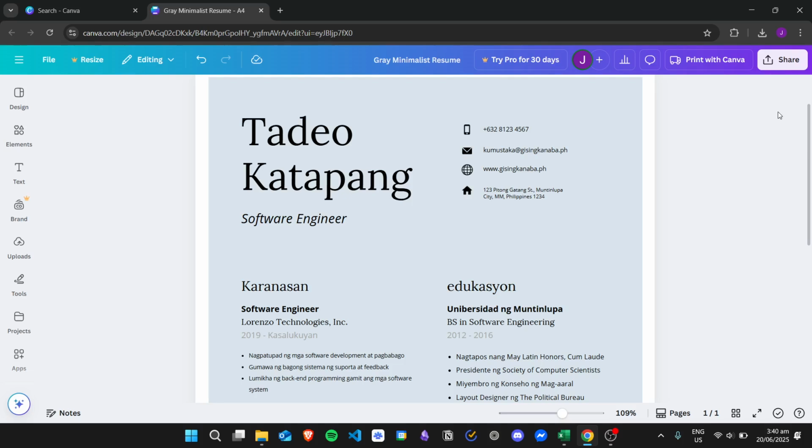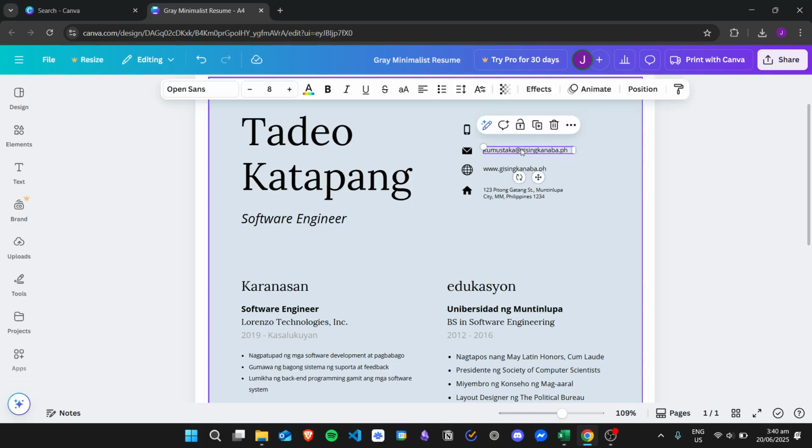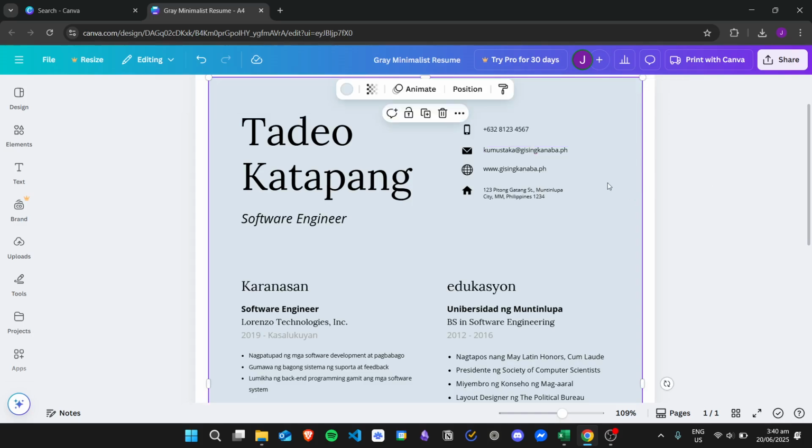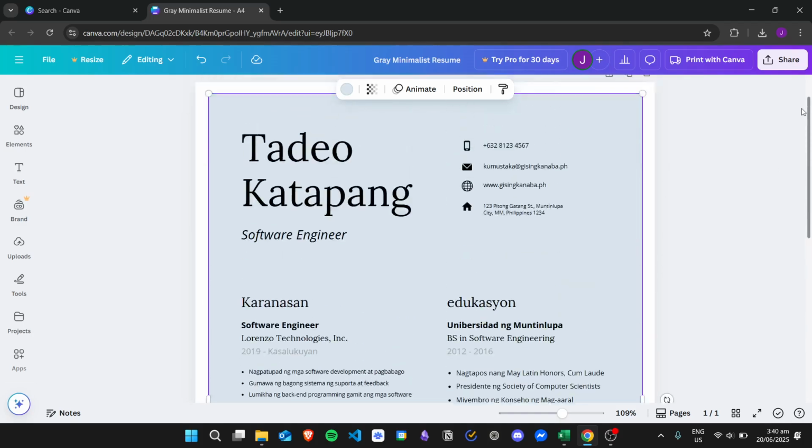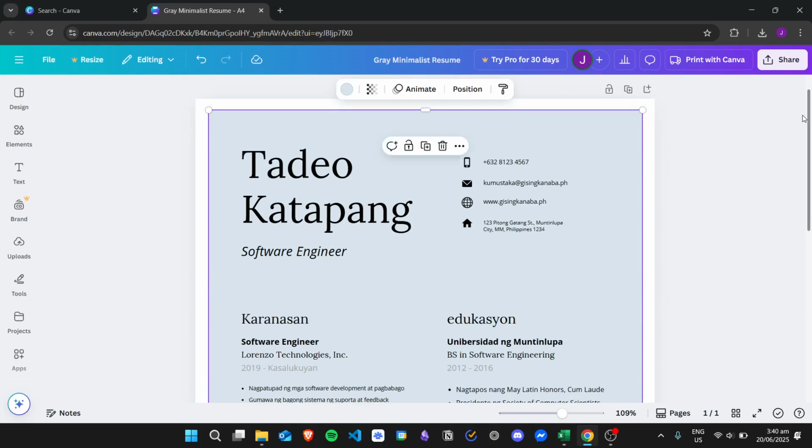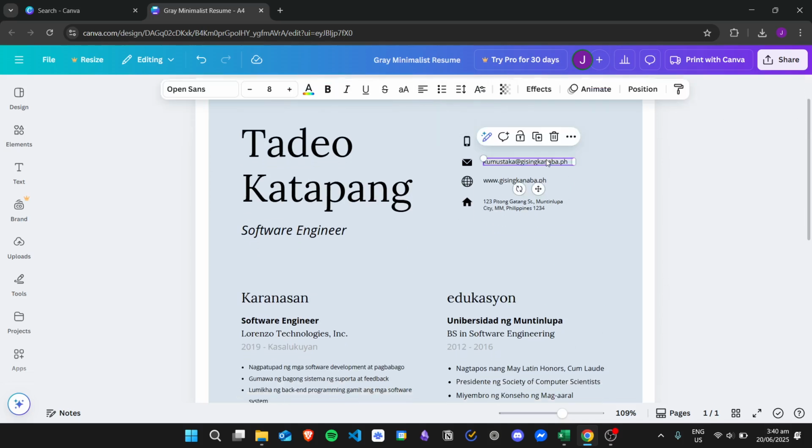And what we want to do is when we pass this resume onto employers, we want this email address to be clickable so that they can open the email link and then create their own emails. For example, I have this resume right here, and then I'll just click on this. I'll double click it and I'll just change this into the name of the resume, like